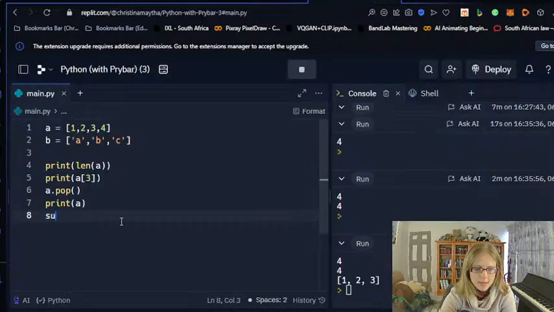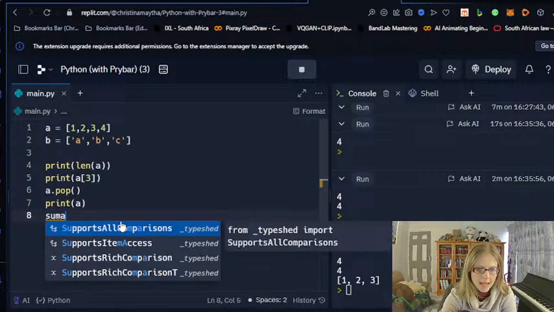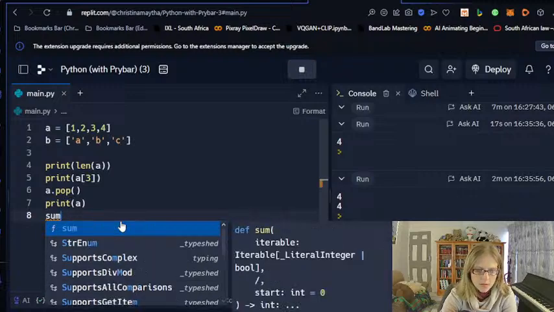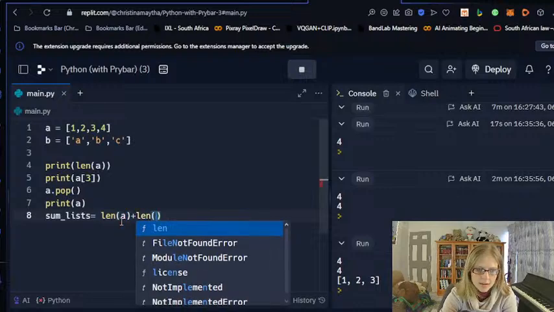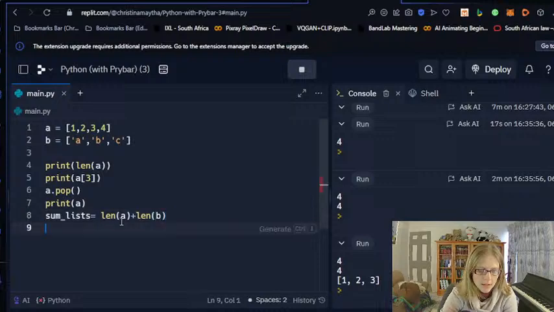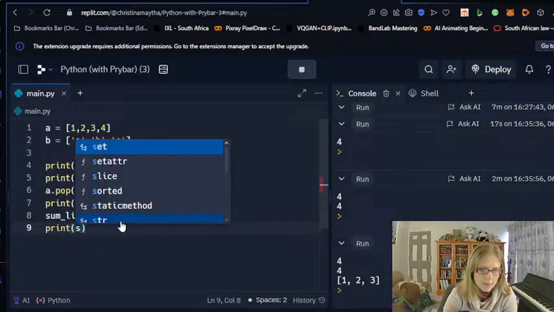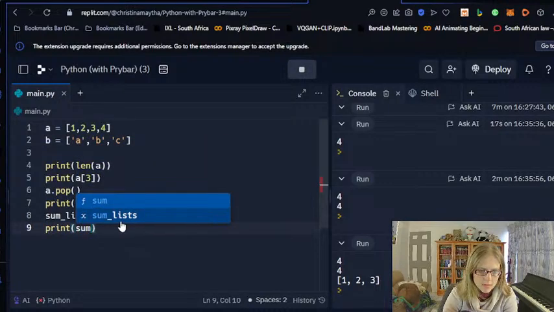So we could call it sum lists. Probably a terrible name. So we would say len A plus len B, and then if we print sum lists,